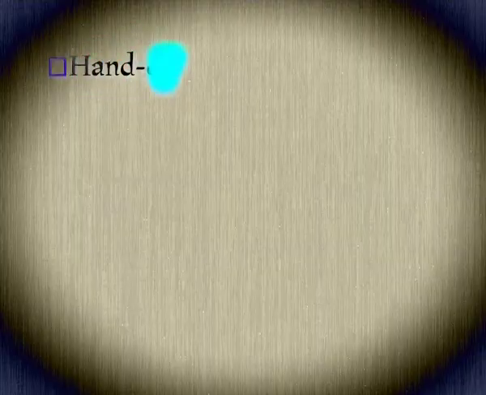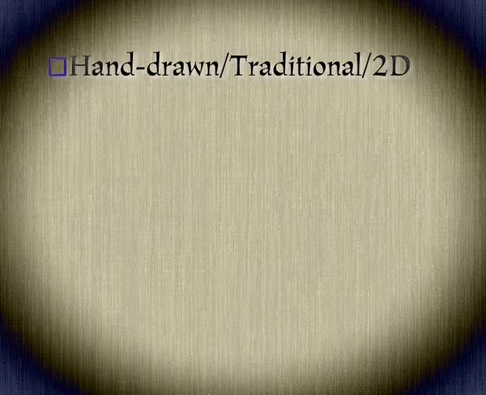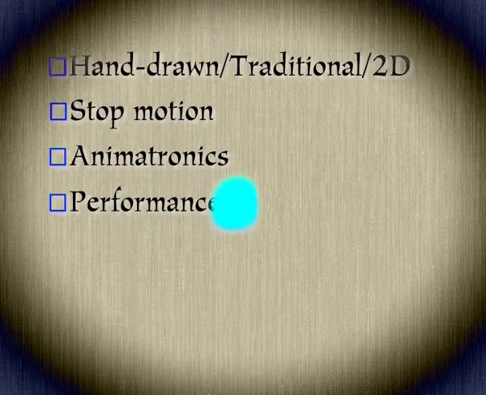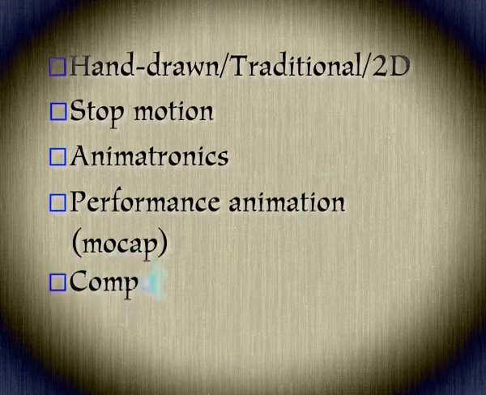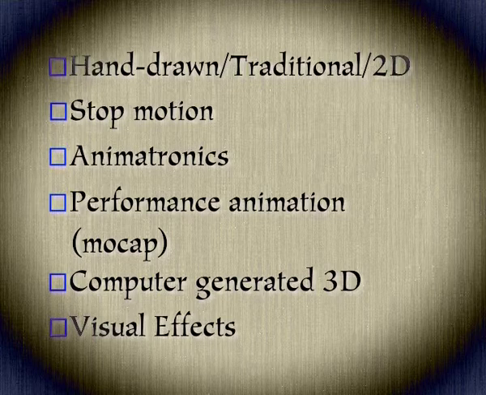For a smooth visual effect, higher frame rates may be necessary, and timing of frame display is important. So we can broadly define animation into different types: hand-drawn or traditional, that is 2D, stop motion, animatronics, performance animation, which is mocap, computer generated 3D, visual effects,